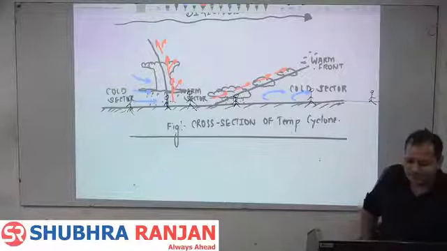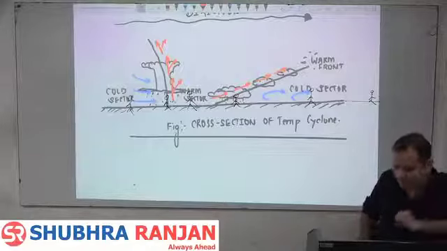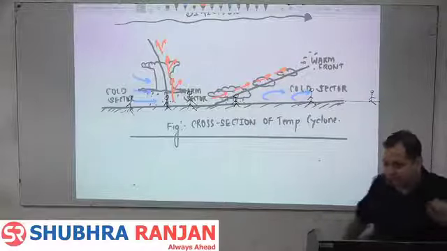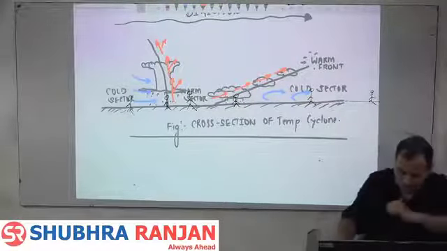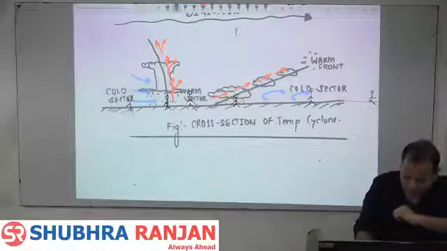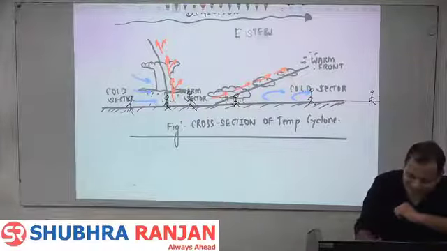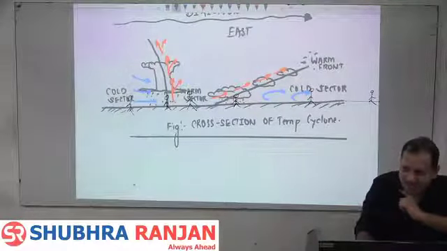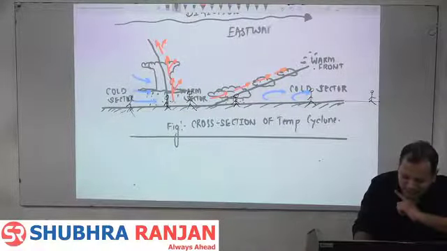So take the point. The observation point of an eastward moving temperate cyclone. Eastward means from west to east. What will you write? Eastward moving temperate cyclone. Easterly means east to west. Eastward moving temperate cyclone